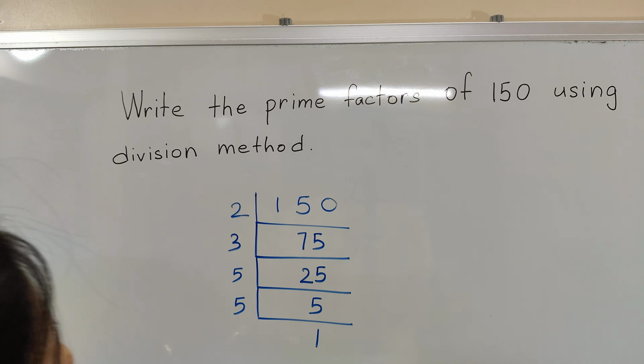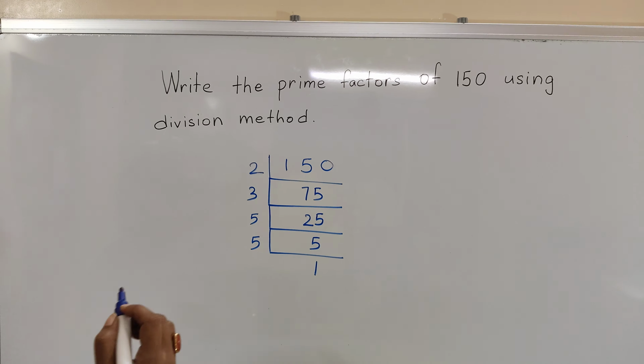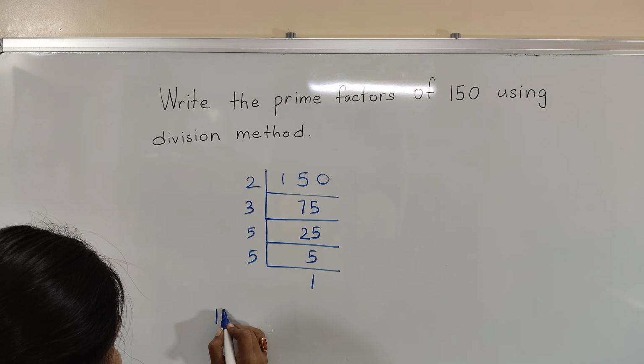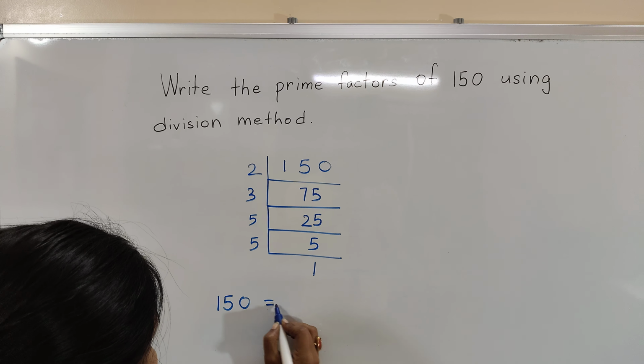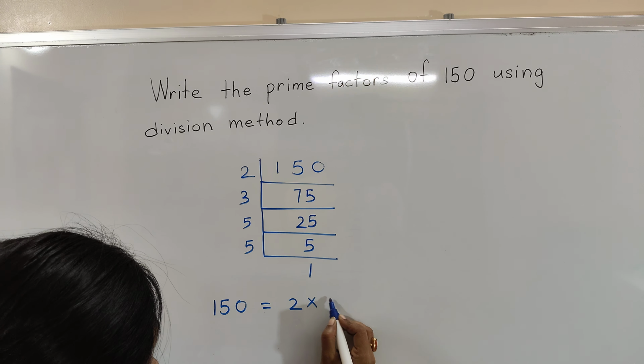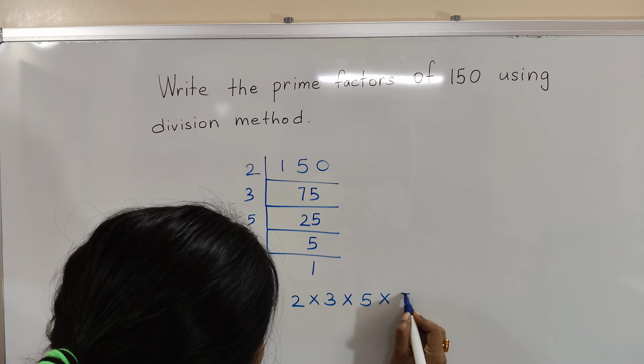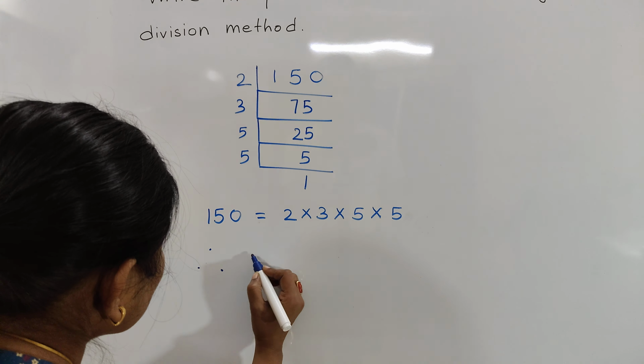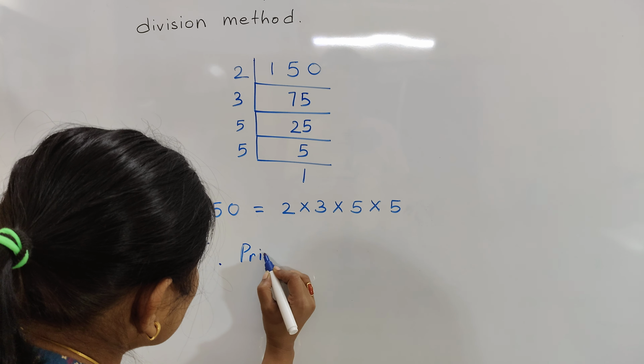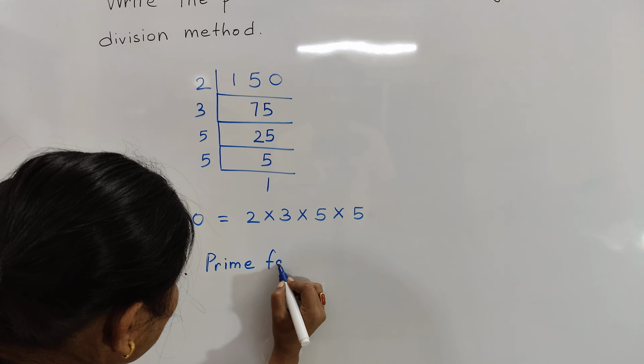We get 1. So 150 is equal to 2 times 3 times 5 times 5. Therefore, prime factors of 150